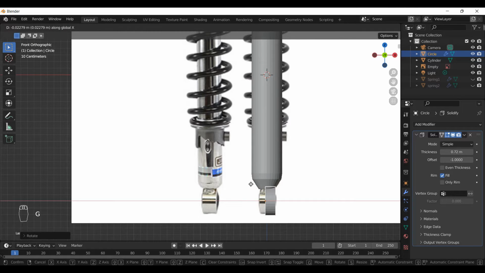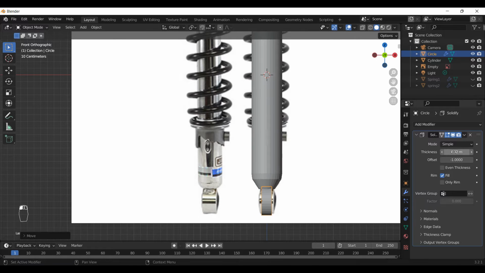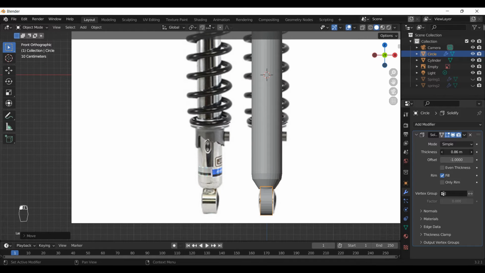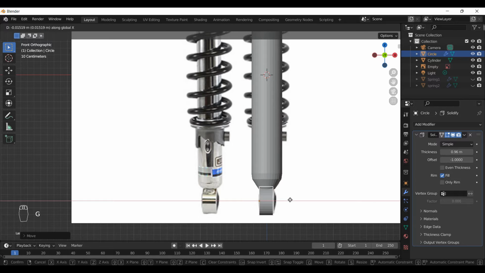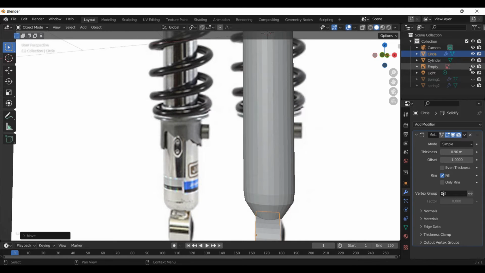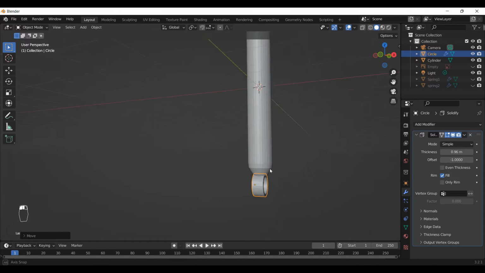Grab x-axis, increase thickness, grab x-axis, increase thickness, grab x-axis, and increase thickness. So this is what we got. Okay, so if we hide this empty, this is what we got,